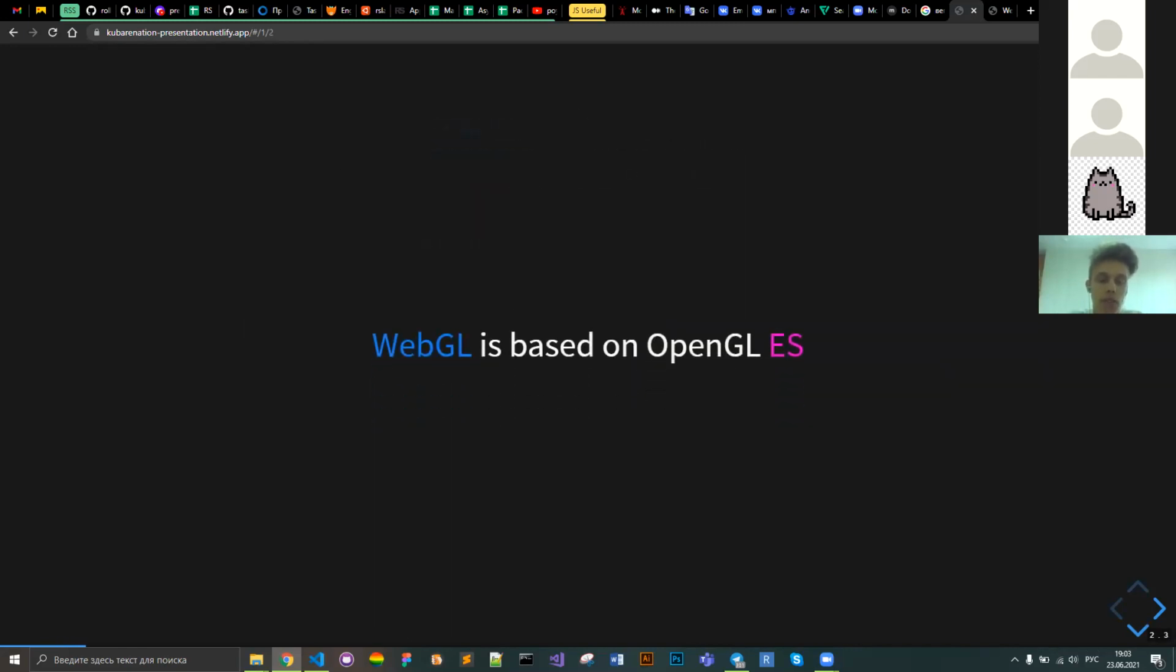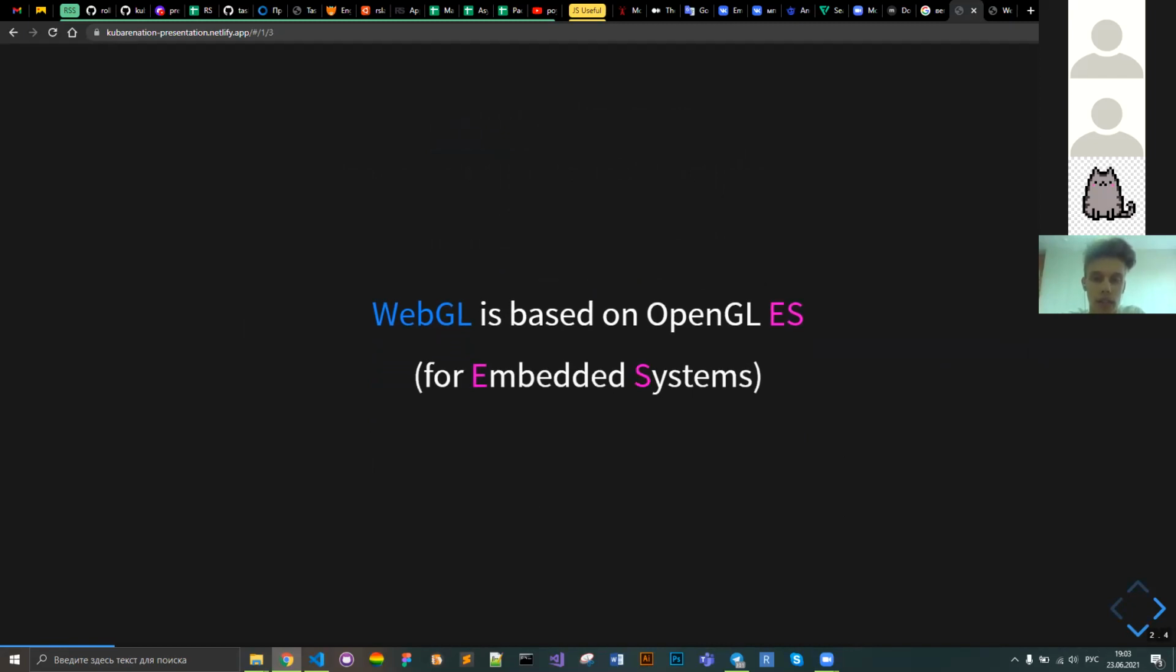And WebGL is based on OpenGL ES, which means for embedded systems like